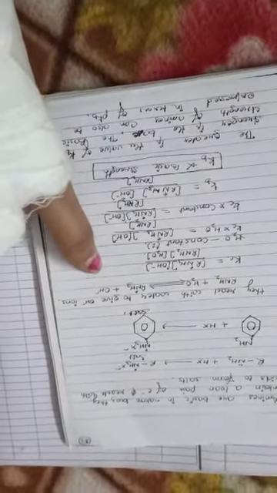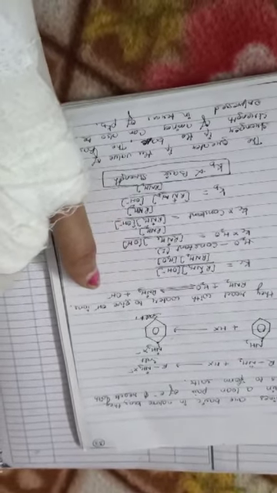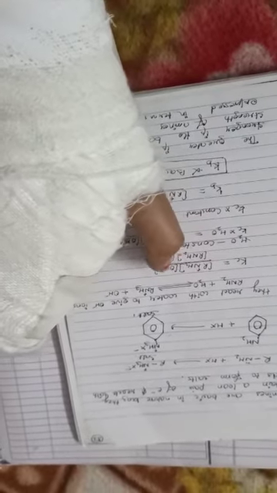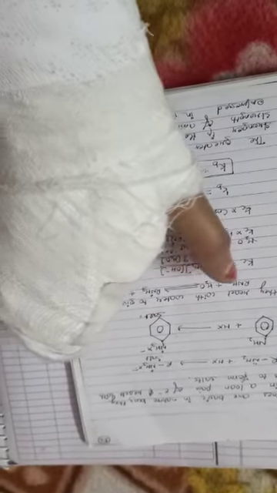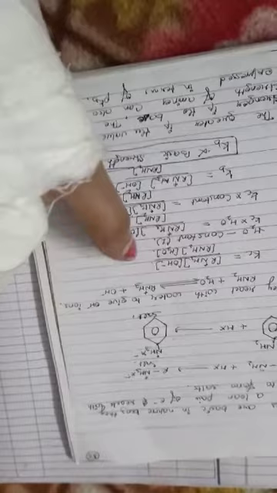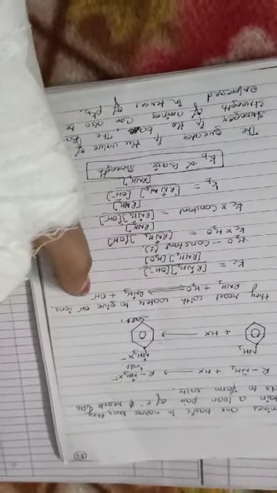Now we do one example. R-NH2 plus H2O gives R-NH3+ plus OH-. So we are using here Kc. R-NH2 and H2O, this one we have taken, OH we have taken, R-NH2. Okay, better listen to me again. R-NH3+ will come here, OH- will come here, this one portion product upside and reactant downside.